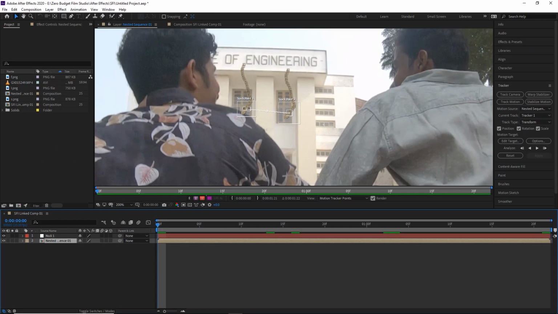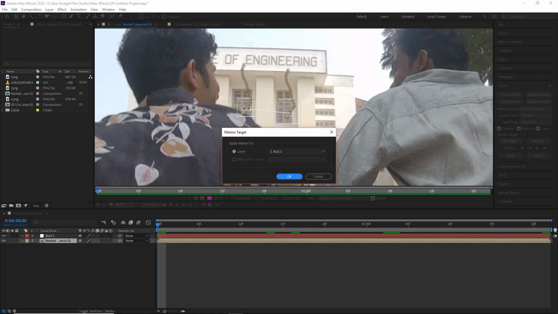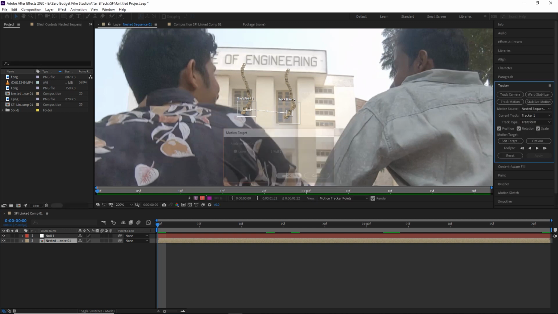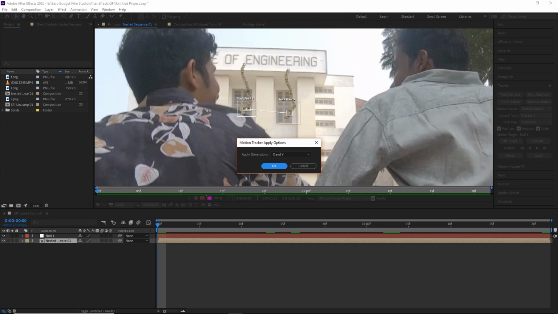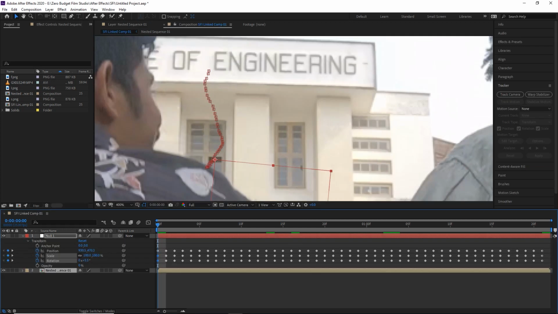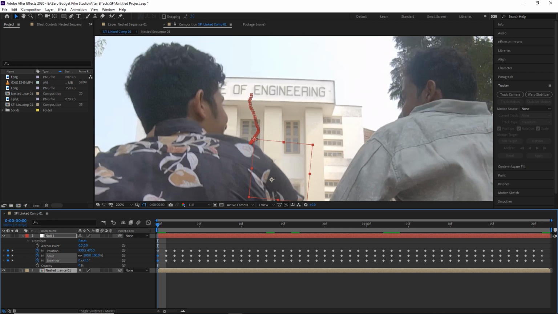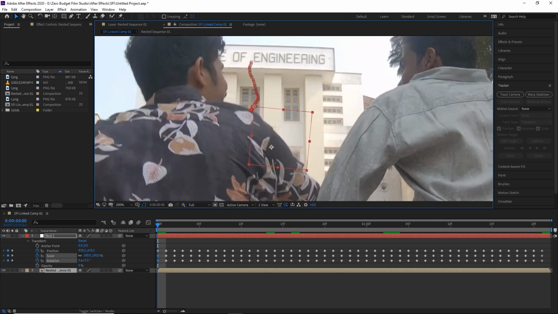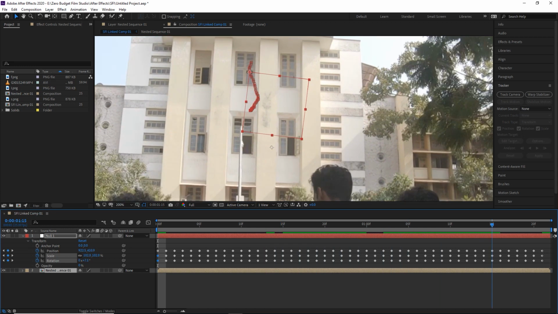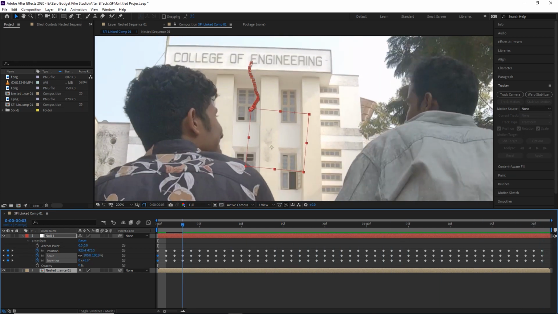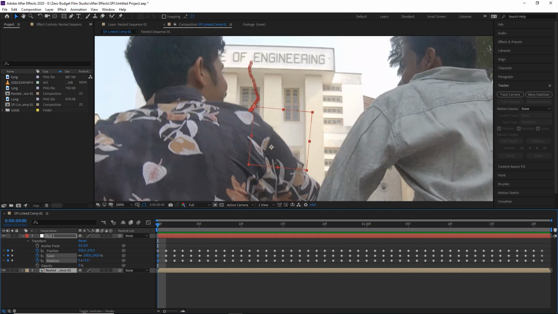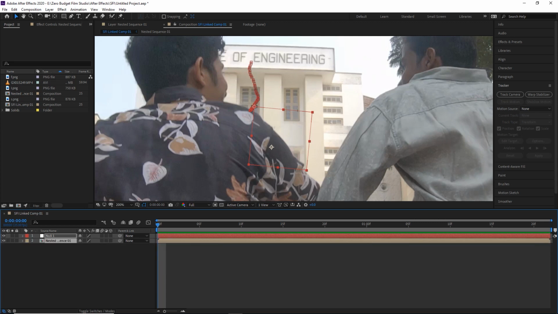Now what you have to do is copy the tracker data into the null object. To do that, you need to click on edit target and select null one, click on OK, and then apply dimensions X and Y. Now what you see is the null object will be tracked and it will stay in place with your tracker data. So the next thing you should do is just place these elements